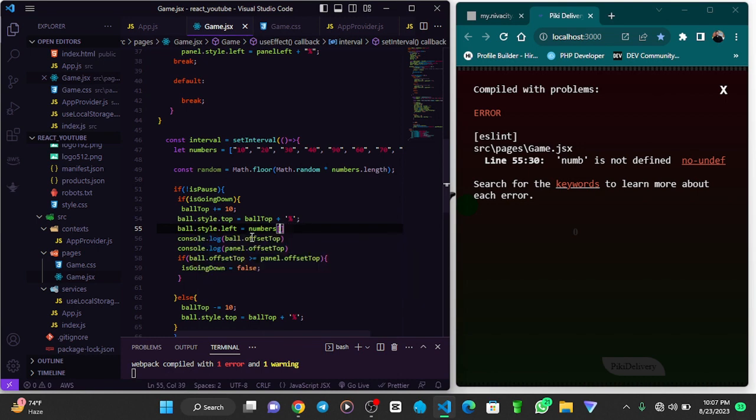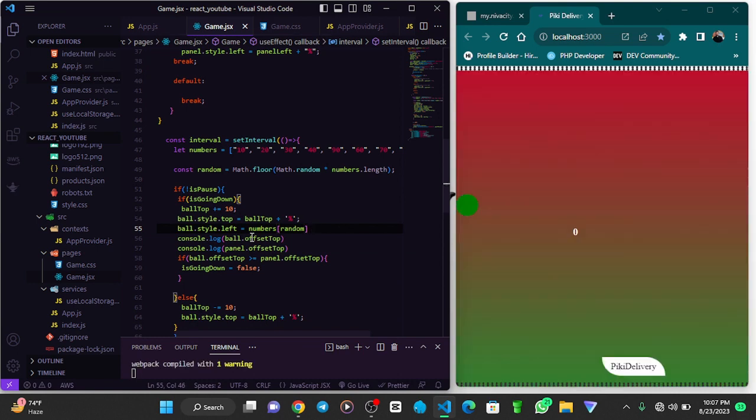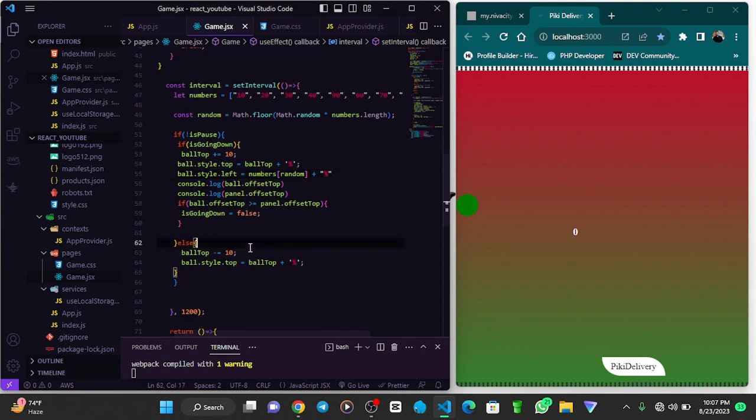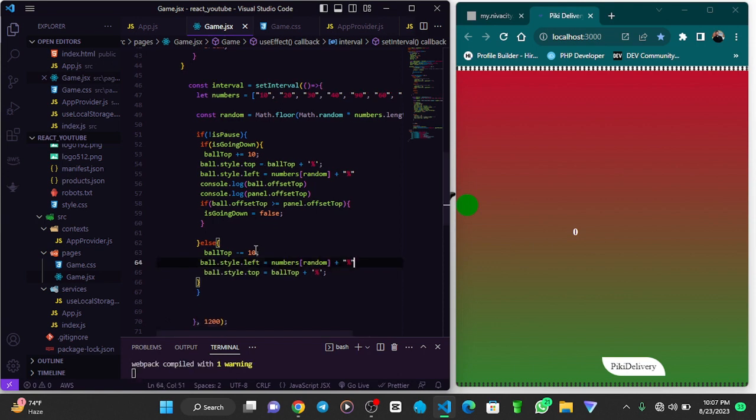So our index is going to be random, then we set the percentage sign. Then we do the same for the top thing here, just like this. We save, then when we reload and hit the space bar,